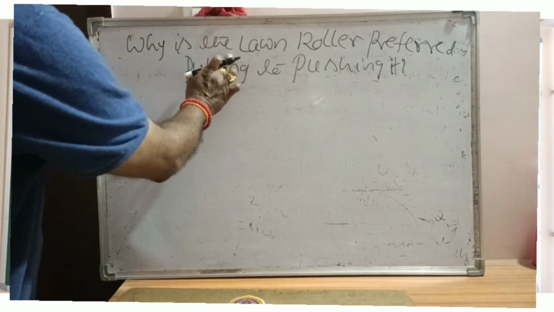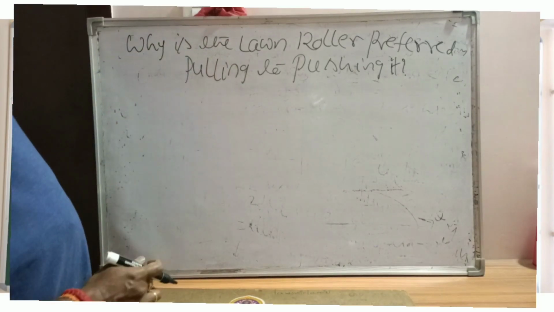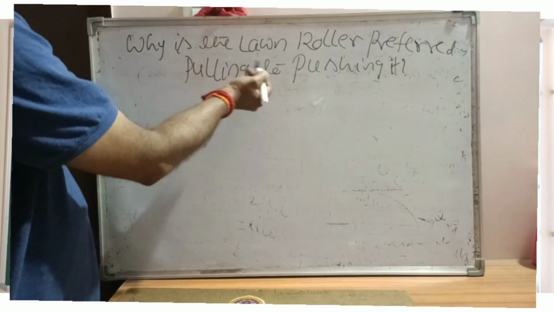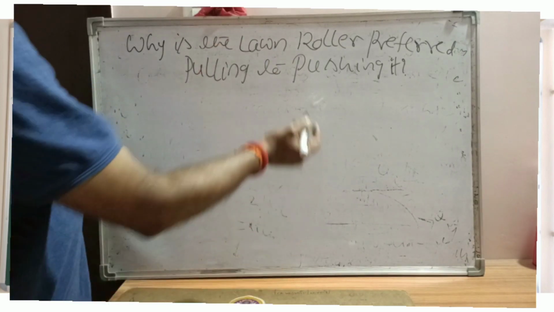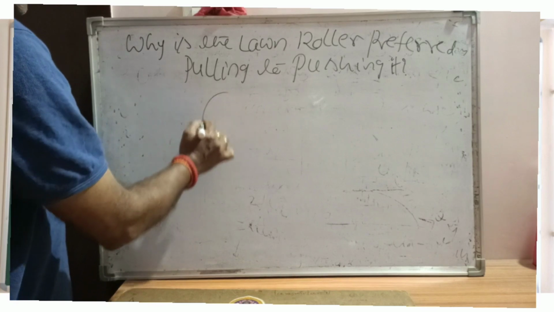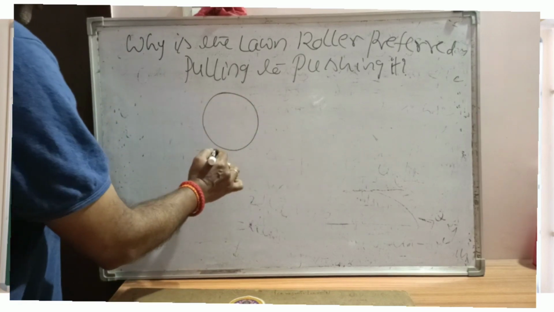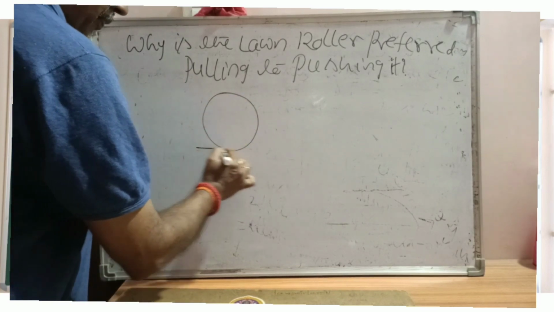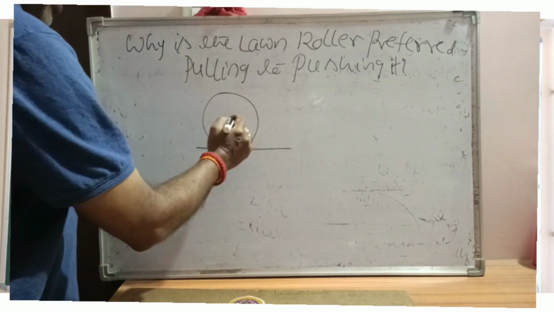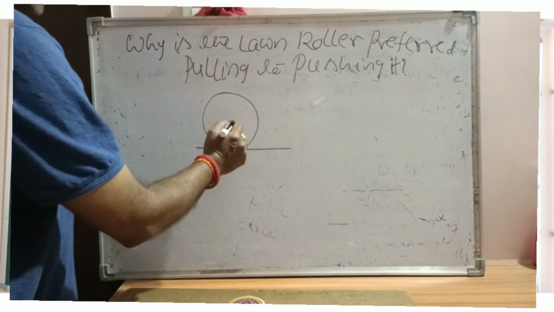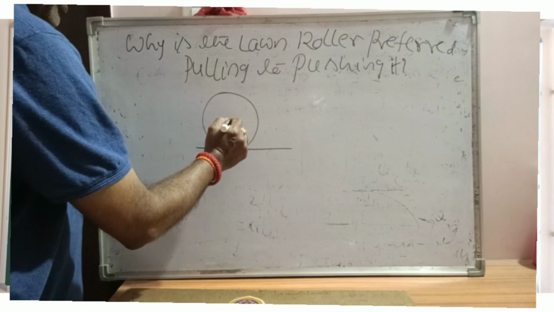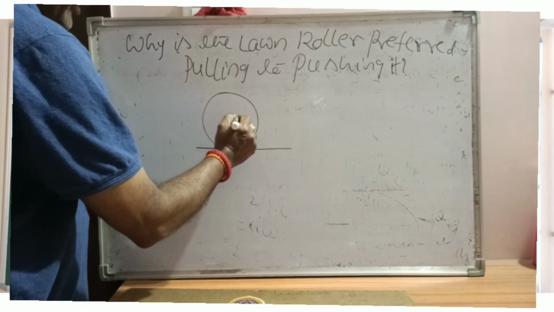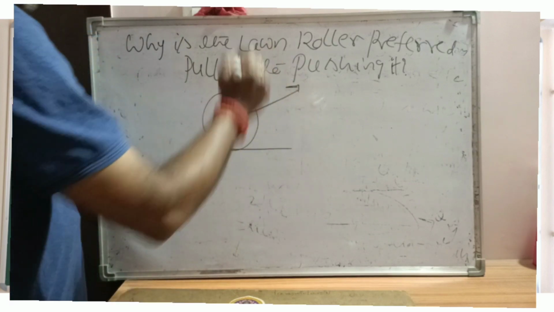Why is the lawn roller preferred pulling to pushing it? Let us picture the situation. Let it be the lawn roller. Here, when you want to pull the lawn roller, this is the direction along which the force is applied. For example,